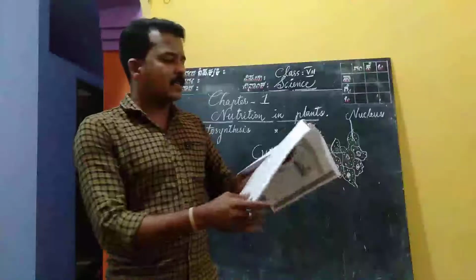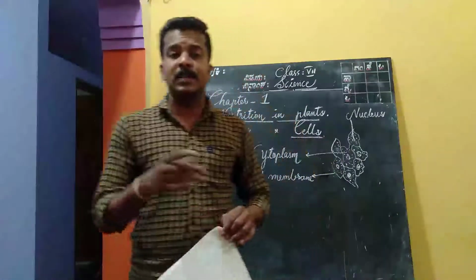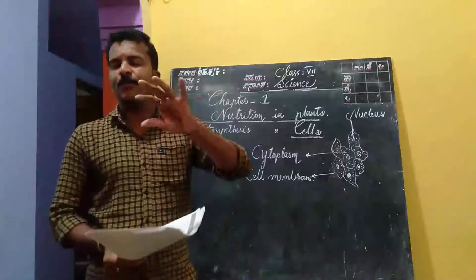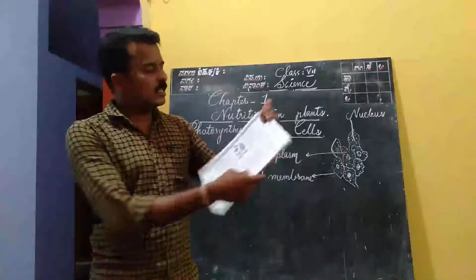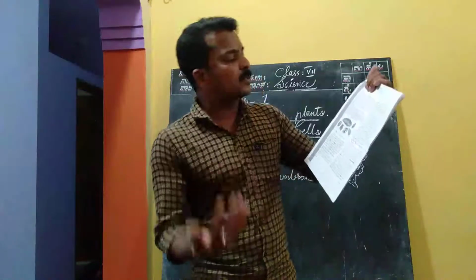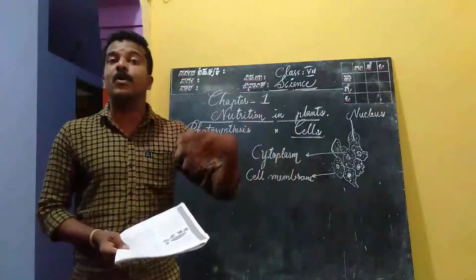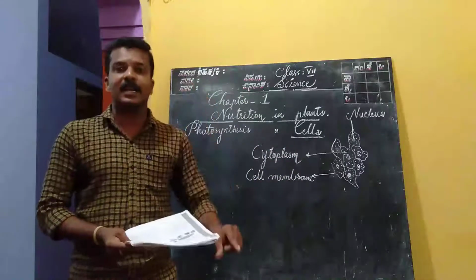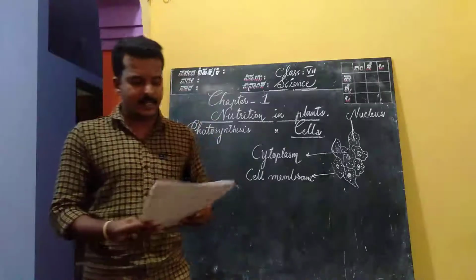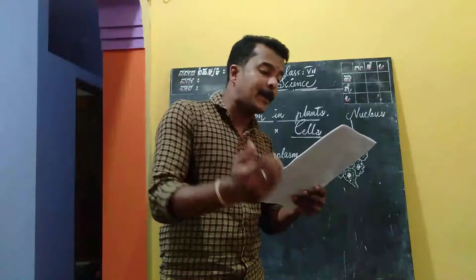See, in the next page, it is clearly mentioned. Actually, there is an activity mentioned in the next paragraph. When the school reopens, we will also do such kind of lab work. So see the second paragraph, the answer is there. The leaves other than green also have chlorophyll. Just now I told you. The color of the leaf may be brown or red, but chlorophyll is present there. Do you understand? This color just masks the color of chlorophyll. Hope you understand.